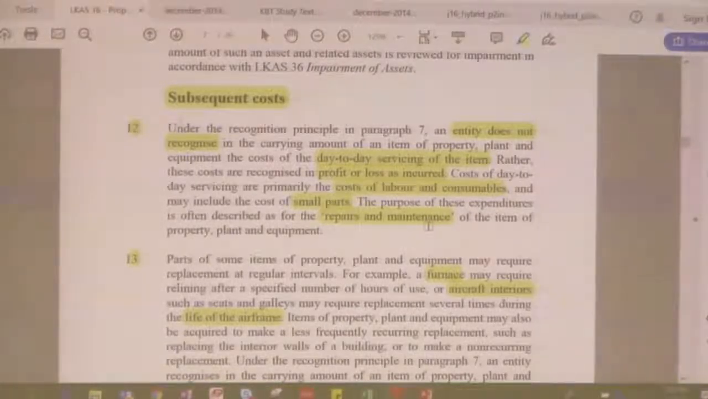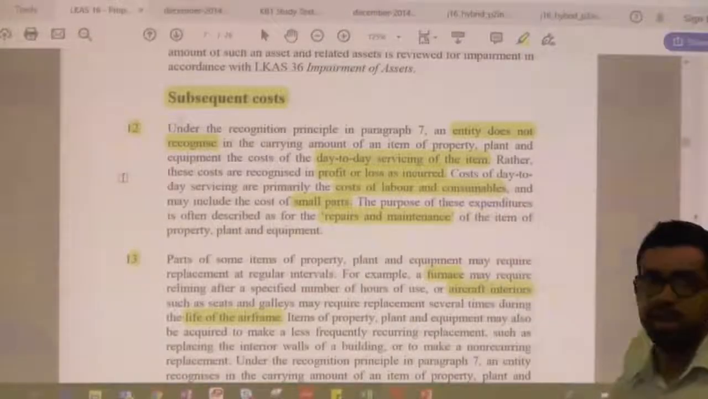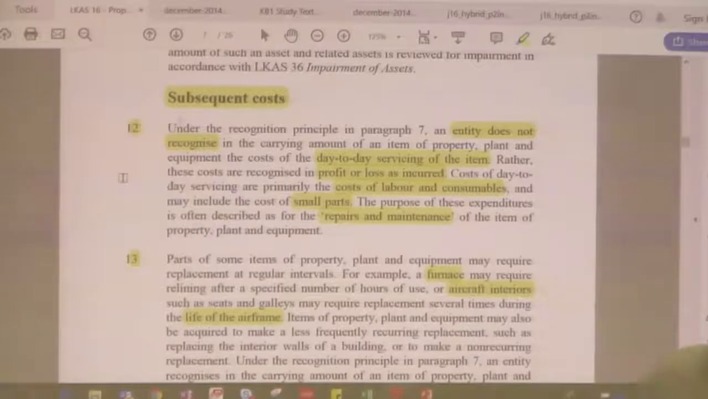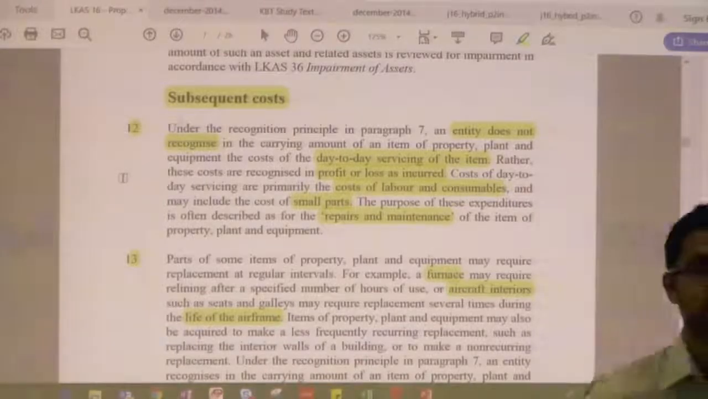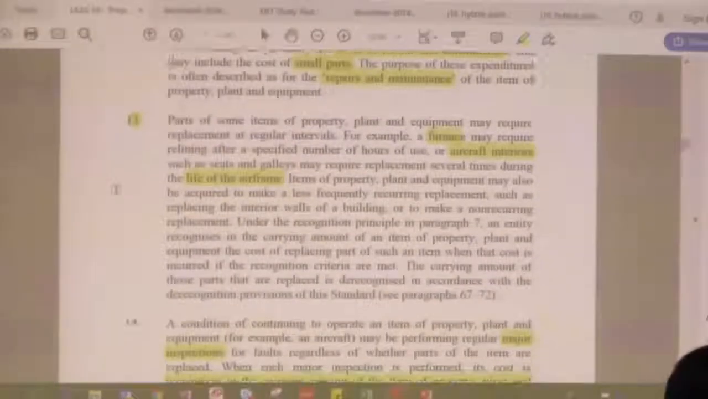So this we identify as what? Major replacement. Major. So I will come to that later. This is actually repair and maintenance, not the major replacement. There is no replacement. Why? Because still you are replacing what? Small parts. So this cost you identified as repair and maintenance. So here in paragraph 12 you have 3 elements. Paragraph 12 explains what? Repair and maintenance cost. Repair and maintenance. When you read paragraph 13,